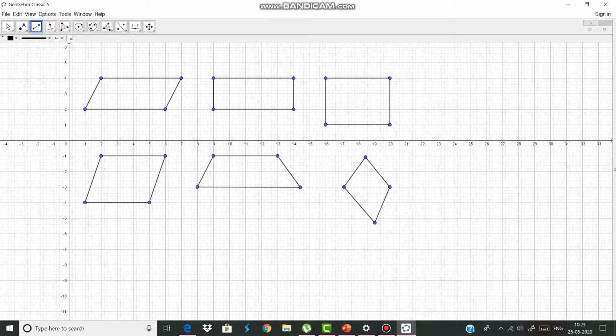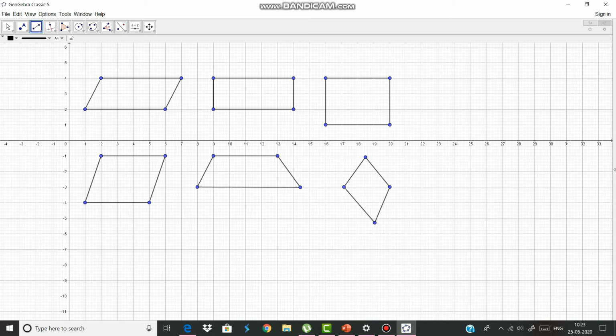But in a parallelogram, these 2 points are close, but these 2 points are far. So that is why the diagonals will be different. Here also diagonals will be different. All sides are equal, angles not 90 degrees. So a special thing is that all sides are equal and diagonals bisect perpendicularly.